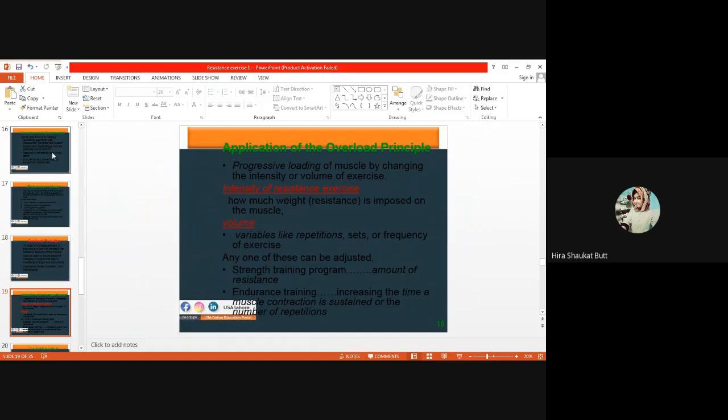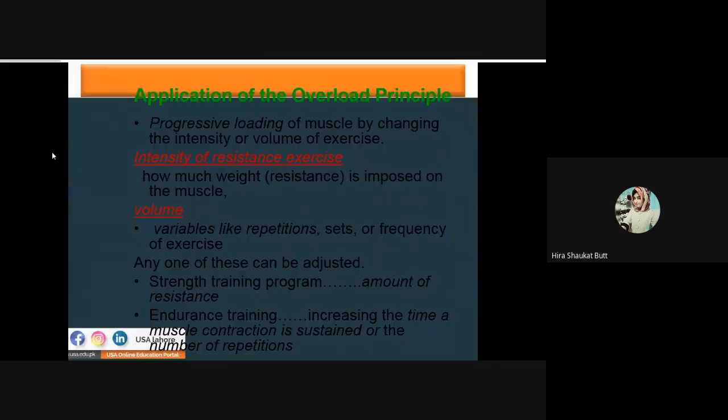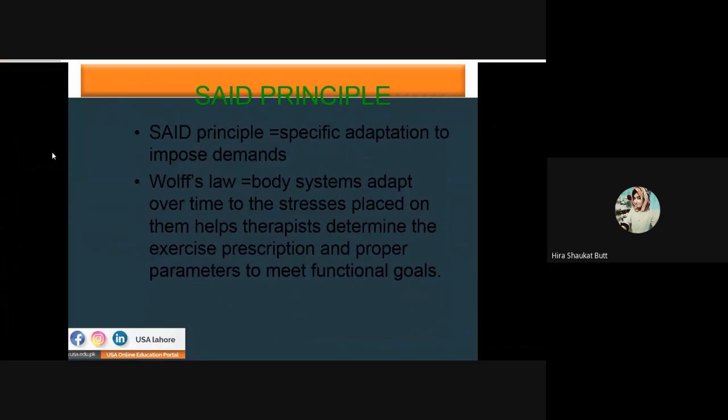And what is the volume? This is basically the collective name for the repetitions, sets, and frequency of exercise. And they can be adjusted in a strength training program. The amount of resistance can be adjusted in an endurance training program. We can improve time, or muscle contraction can be sustained for a longer time, or we can increase the number of repetitions. Okay. So then